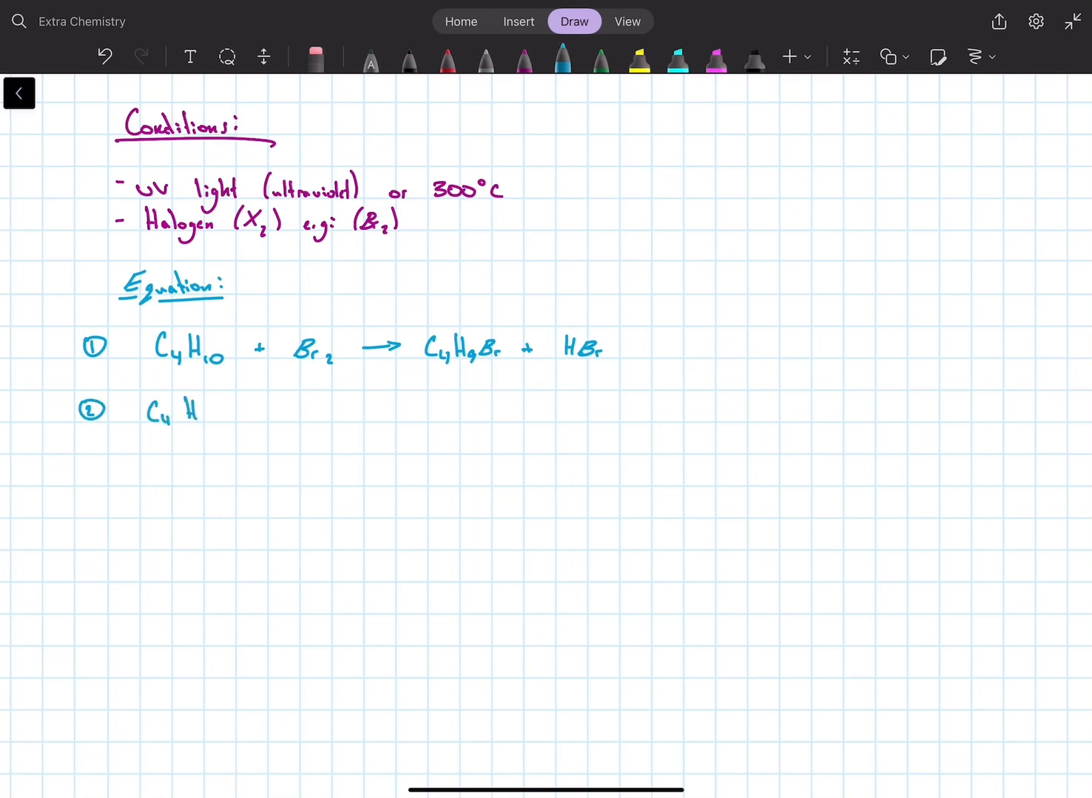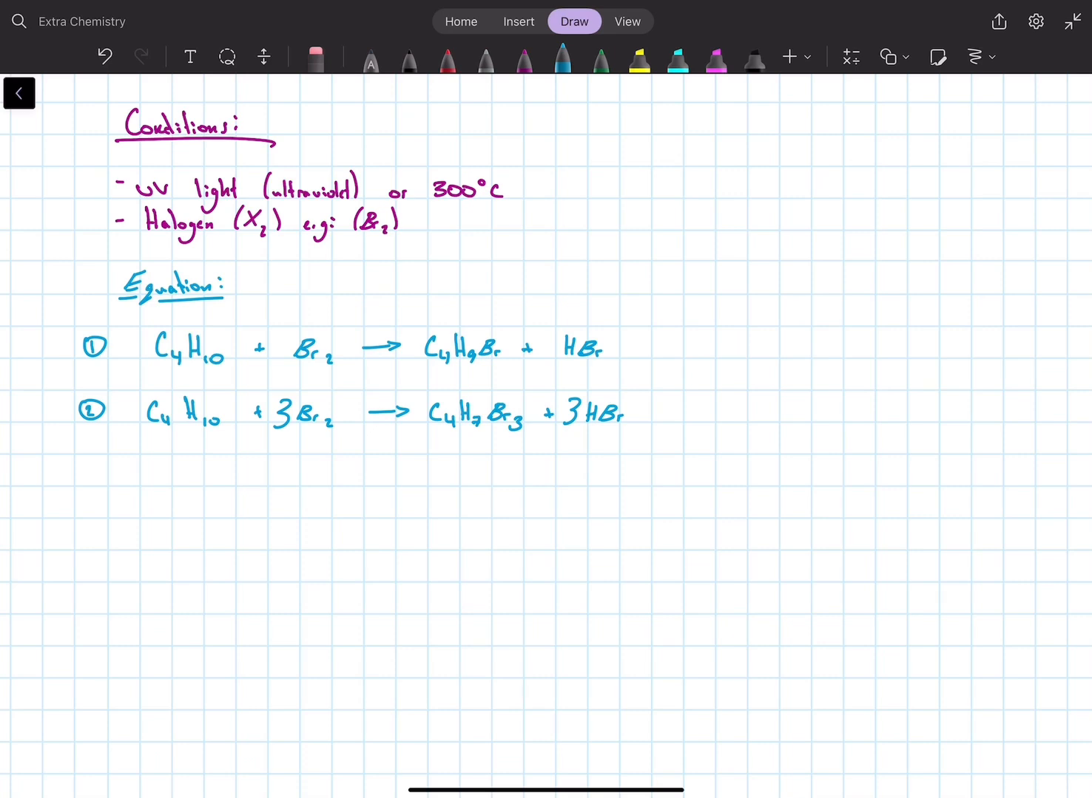For the next reaction, we'll also use butane, but this will be a triple substitution, with 3 hydrogen atoms being substituted for 3 bromine atoms. And this is going to make 3 moles of hydrobromic acid, and therefore we're going to have 3 moles of